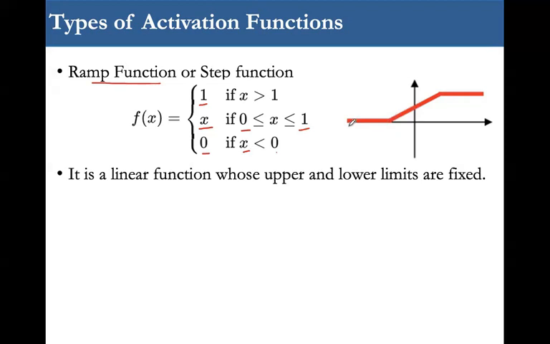So, if x is less than 0, it lies in 0th position itself, and if x lies between 0 to 1, it's like a slope, and then if x is greater than 1, it stays in 1 itself, it outputs 1 itself. So this is like a ramp,